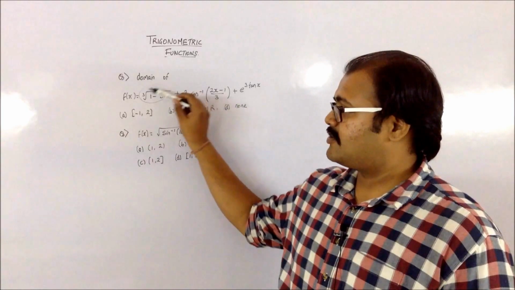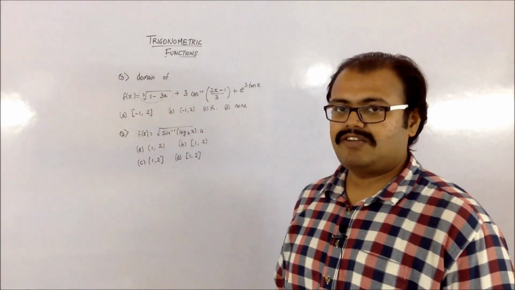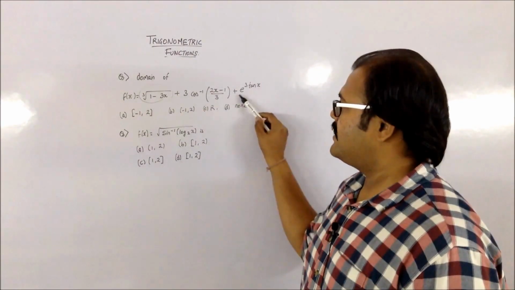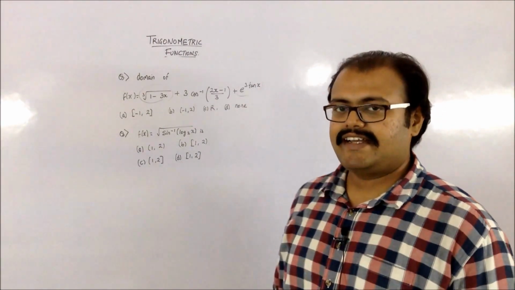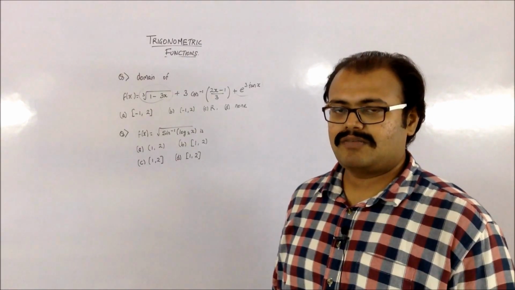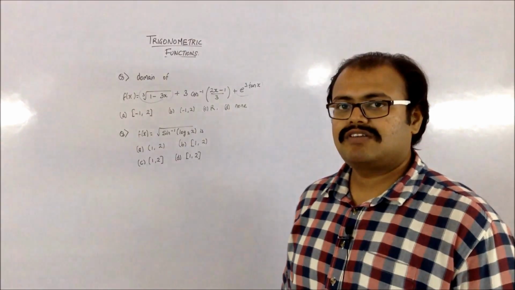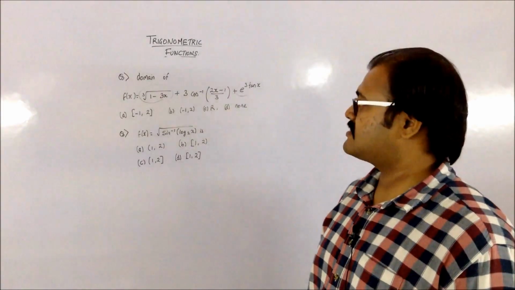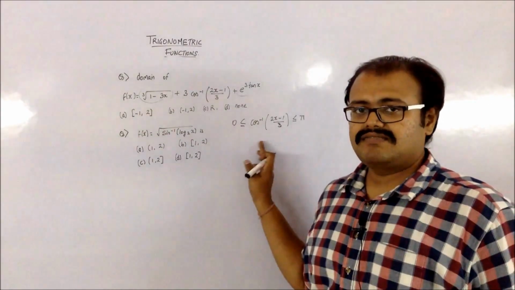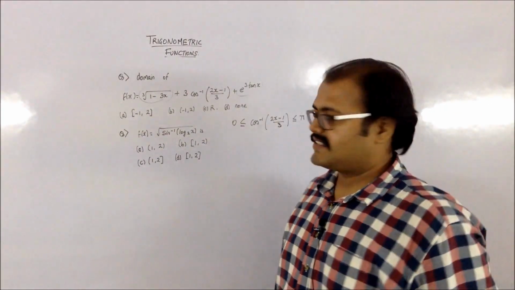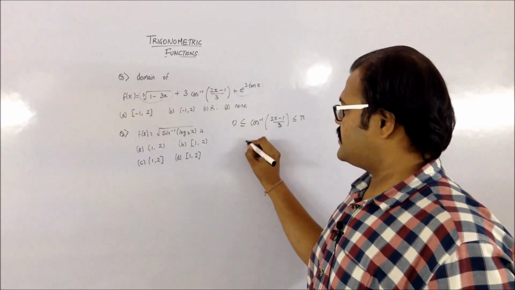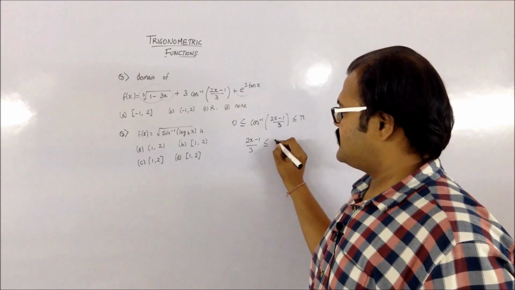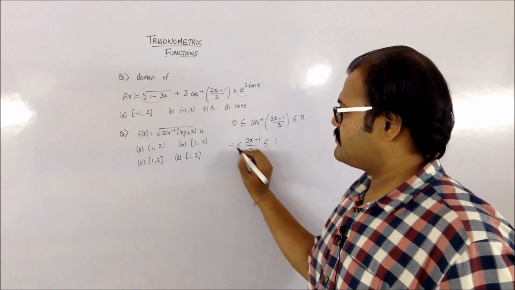Now if I just check out for this particular function, I can take any value of x without it becoming a non-defined function. And if I just check this particular one also, I can take any value of x for it to not become a non-defined function. So I have to concentrate everything on this particular term, that is my cos inverse of (2x minus 1) by 3. My cos inverse can be between 0 and pi. So basically the angle which is present inside it, that is (2x minus 1) by 3, can be anything between 1 and minus 1.